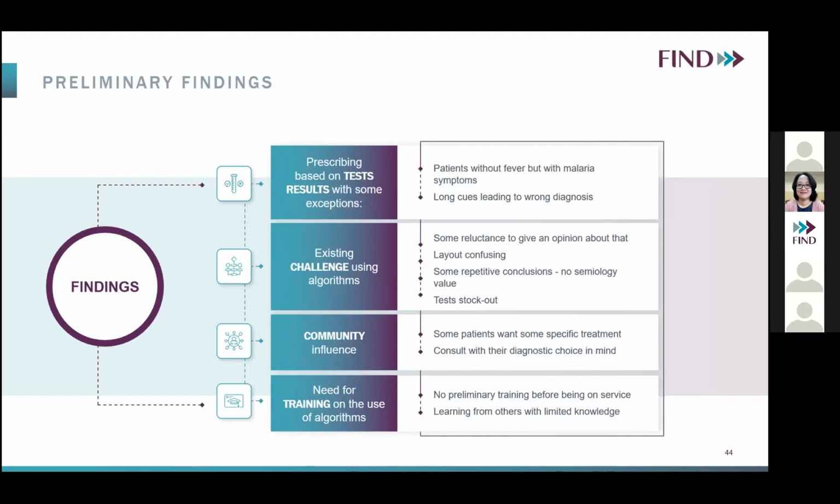About the existing challenges using the algorithm, some relate to giving an opinion about that, confusion is needed, and some repetitive conclusions, no semiologic value, and the test stock-out also is a challenge for our rural area. And like I said before, the community also has an influence, and some patients want some specific treatment